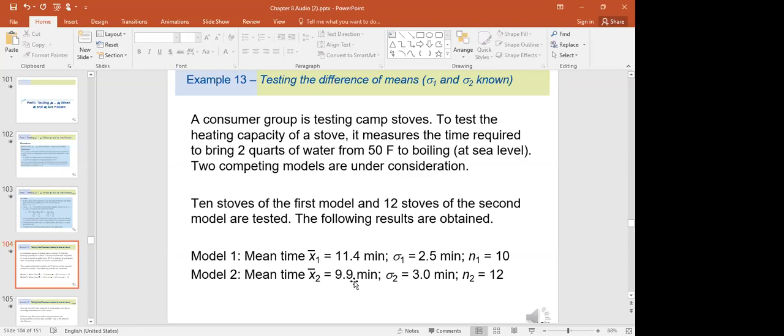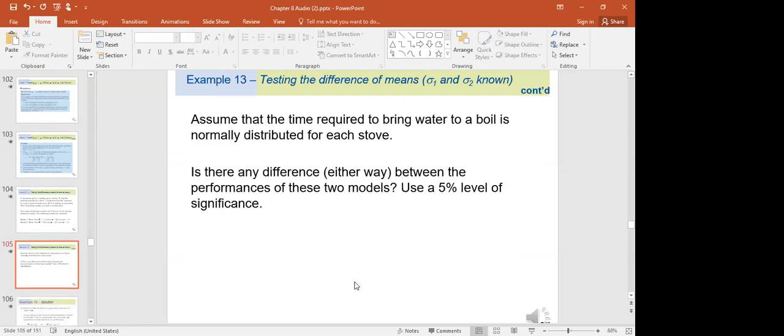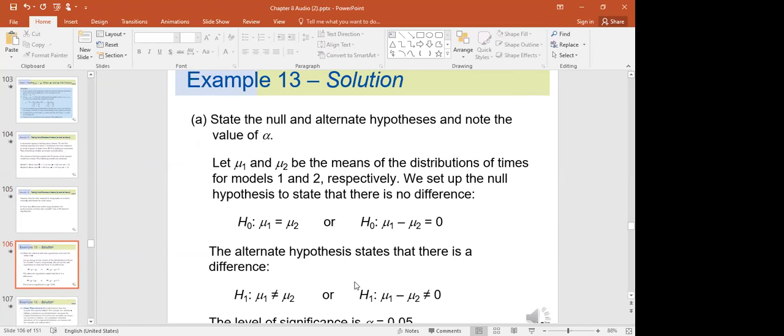The following statistics, so we will come back to it. Assume the time required to bring water to boil is normally distributed for each stove. Is there any difference between the performance of these 2 models at 5% level of significance? So here,